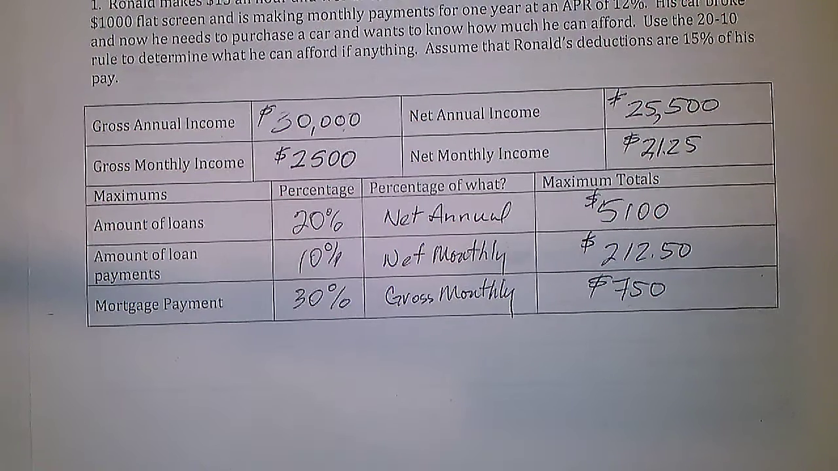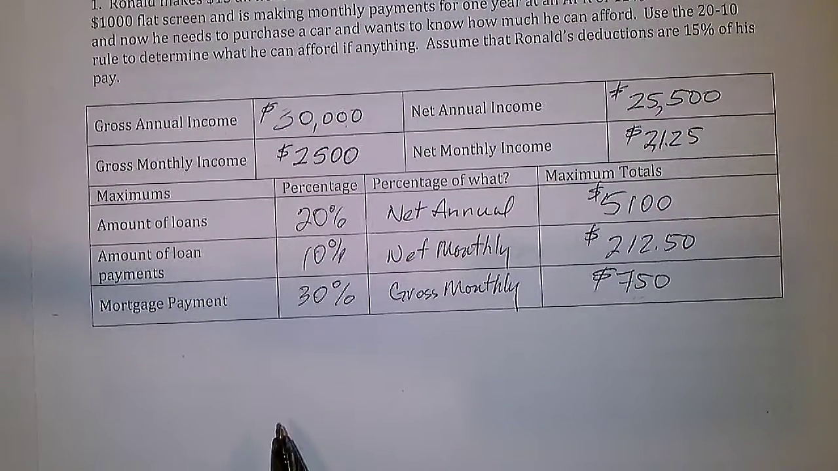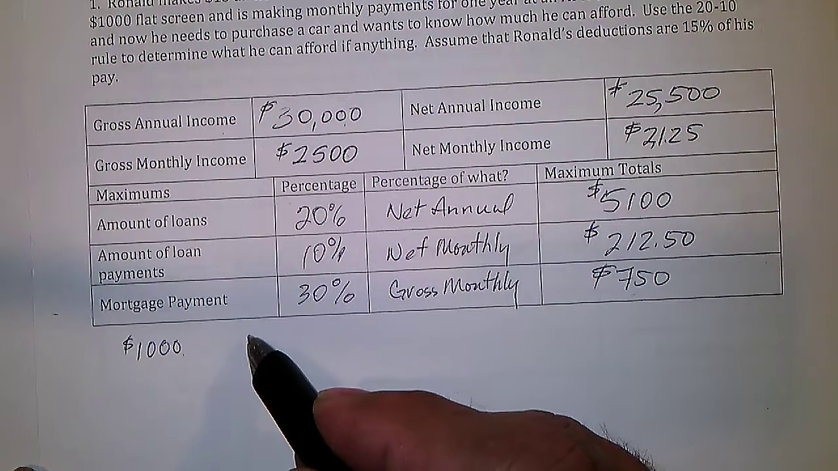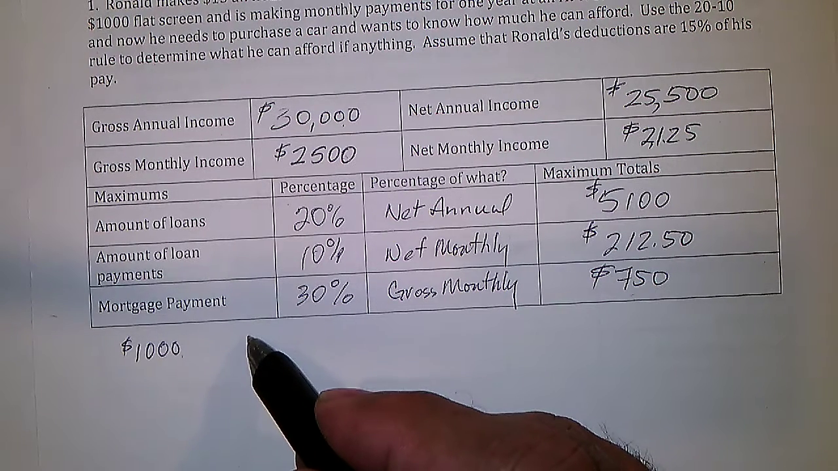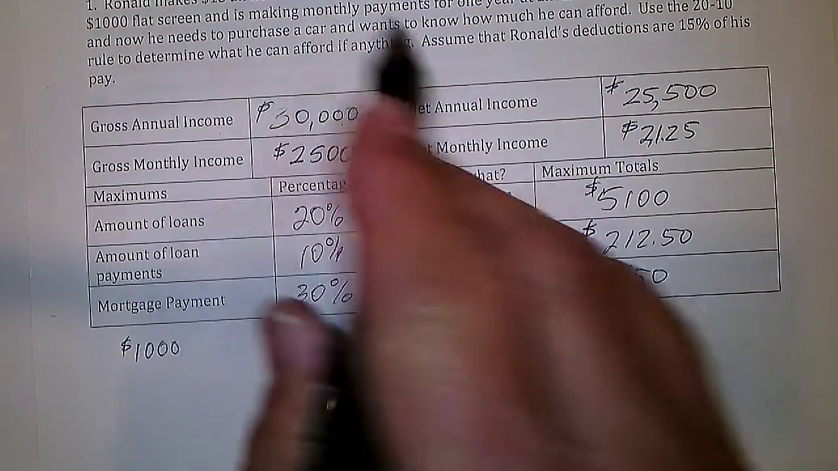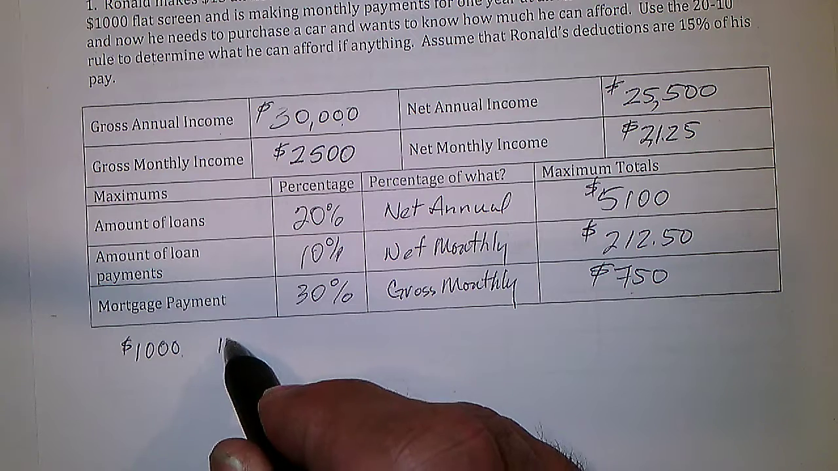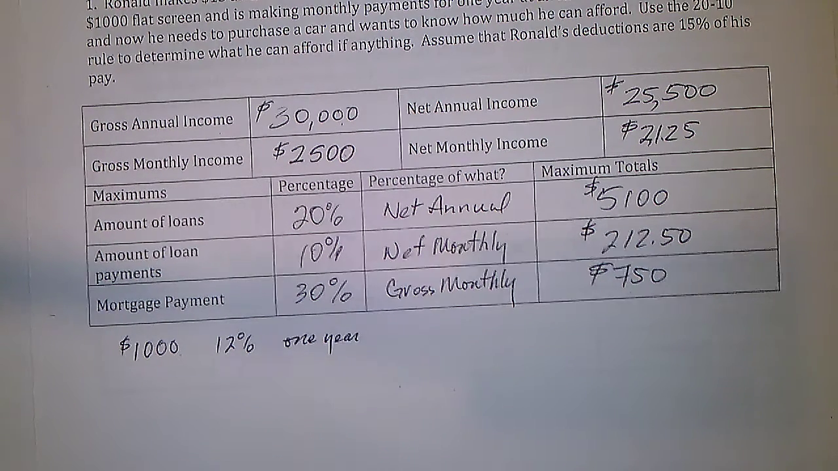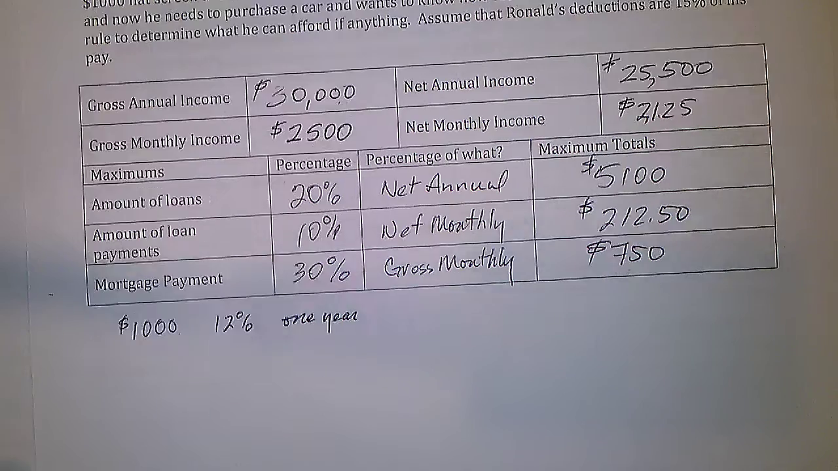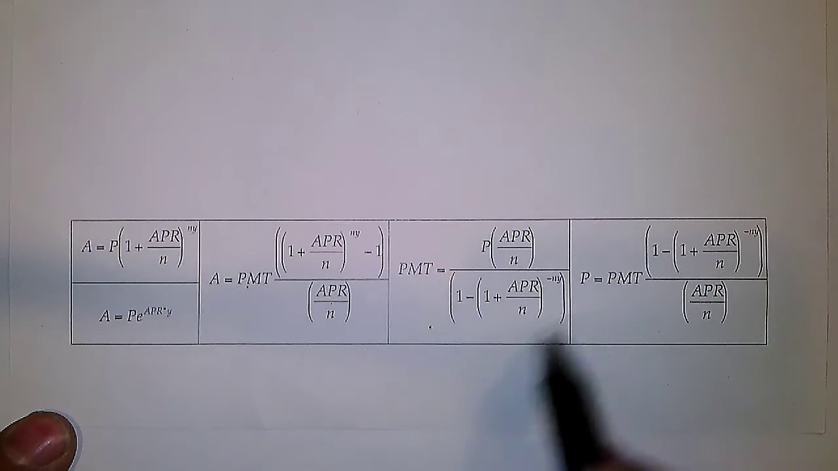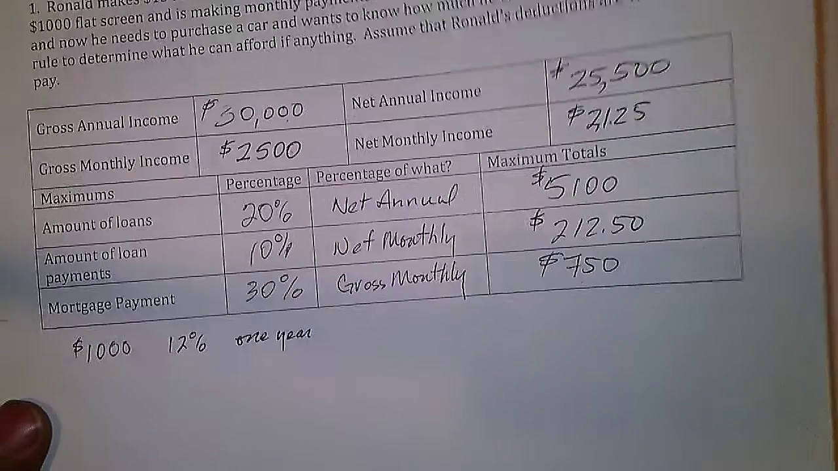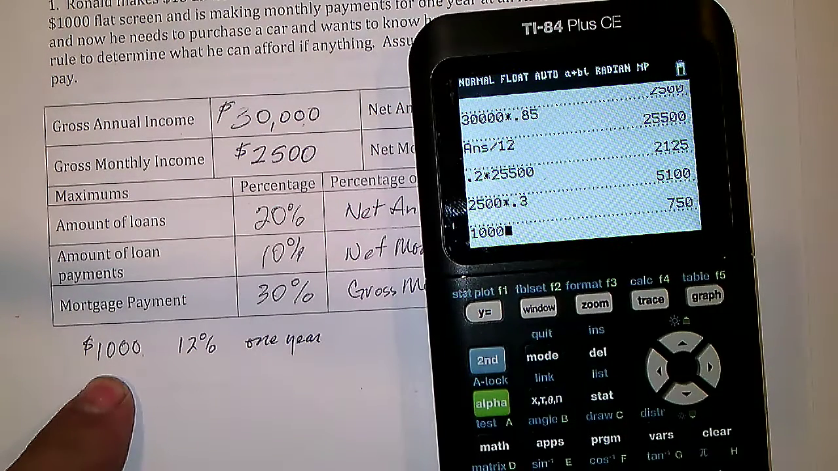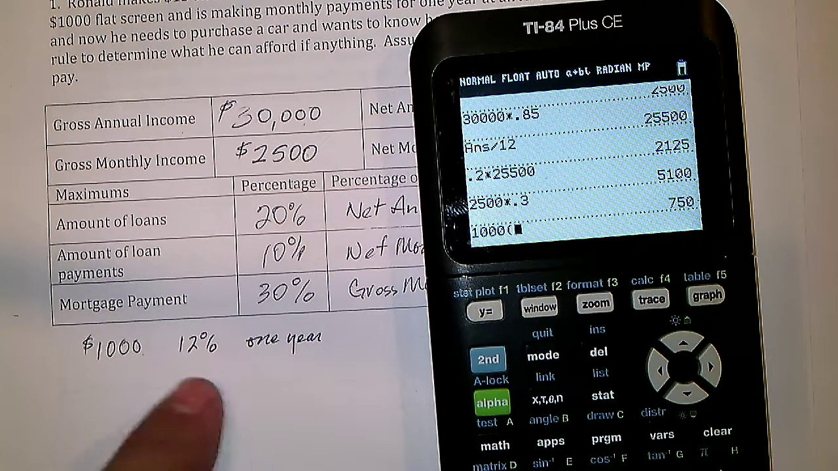Now you don't need that for this problem because he said he just purchased a $1,000 flat screen. And he needs to borrow for a car. And he's making monthly payments at 12% for 1 year. So let's see how much his payments are. So we use the payment formula. So pull out your sheet, look at that one. And that would be the principal times the APR,